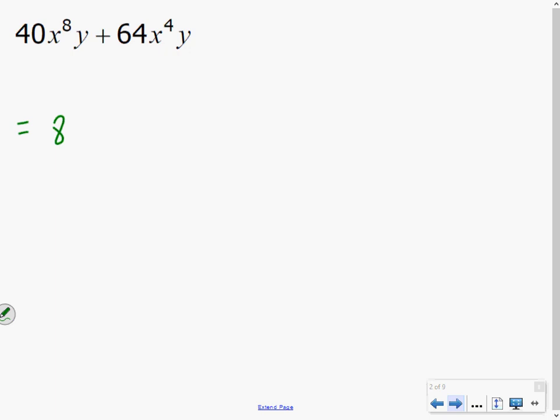That's the biggest number that's a factor of each. With variables, especially here when I have an x to the 8th and an x to the 4th power, we can only take out the smaller of the two powers. So we're going to factor out x to the 4th, and then both of these terms have a y that we're going to factor out as well. So when we factor out our GCF of 8x to the 4th y, we're going to go back and divide each of our original terms by that GCF. So when we go back and do that, we're going to be left with 5 x to the 4th plus 8,